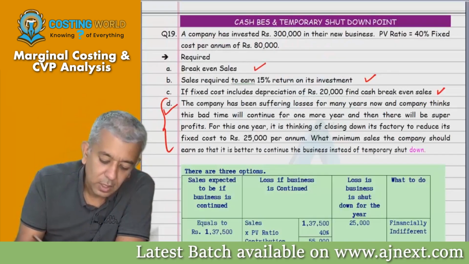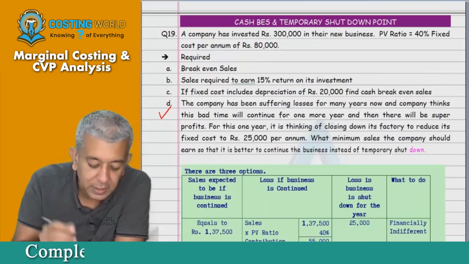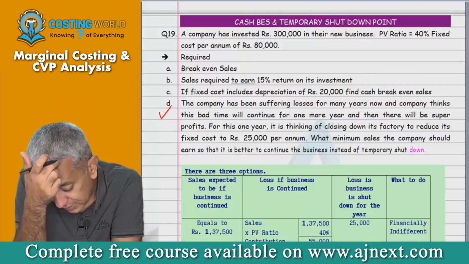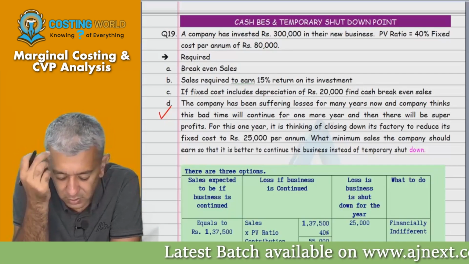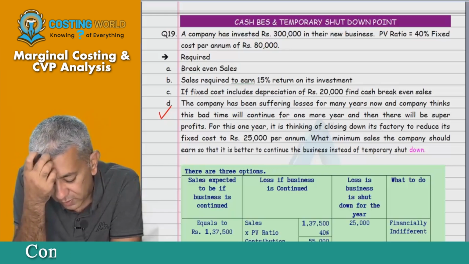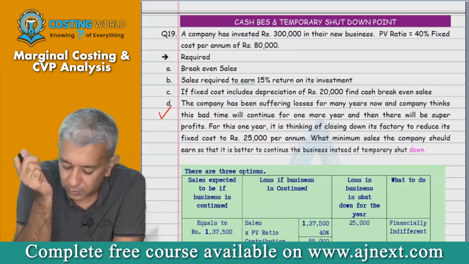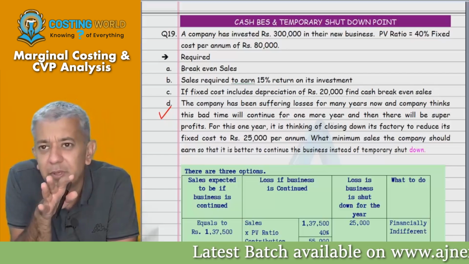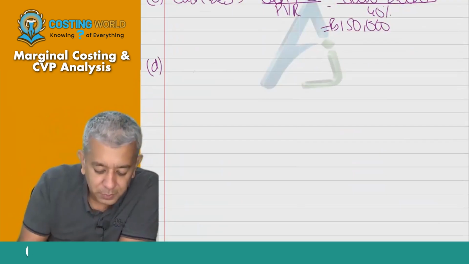Part D. Now might be the best example if I had to relate that to the corona times. The company has been suffering losses for many years now, and company thinks that the bad time will continue for 1 year more and then there will be super profits. For this 1 year, it is thinking of closing down its factory to reduce the fixed cost to 25,000 per annum. What minimum sales should the company earn so that it is better for the company to continue the business instead of temporary shutdown? I can give you ample number of examples, but let me just give you some example. In this case, suppose